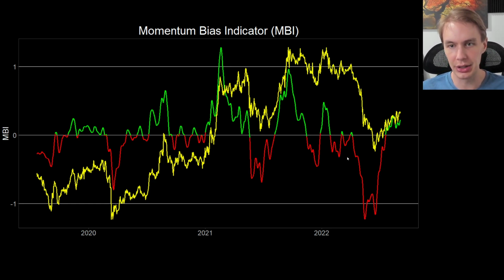You get these relief rallies, poke your head above zero, but then just go right back down into a negative momentum bias regime. It's notable we're spending considerable time up here so far. And that's one of the possible benefits of this relative strength, is that we're actually starting to build in more positive momentum bias. And so even if we do have to roll over from here, what we might start seeing is this type of behavior, which tends to happen, again, in these transitions between bearish times in the market and bullish times in the market.